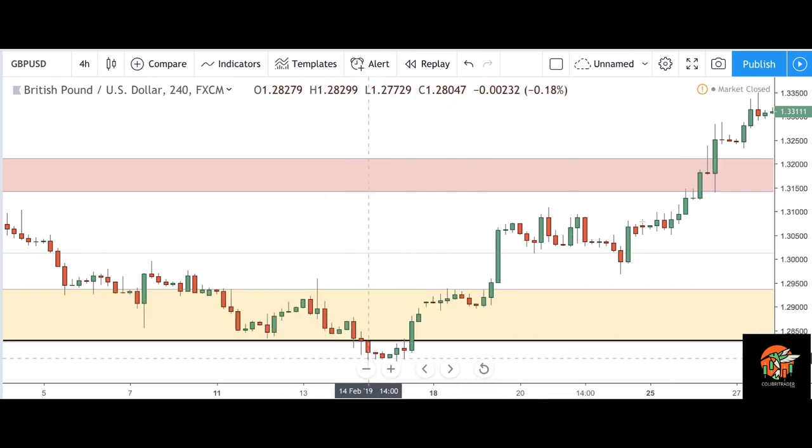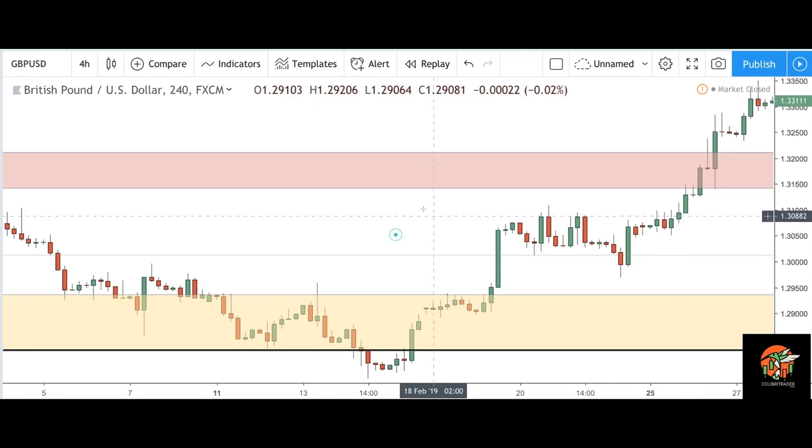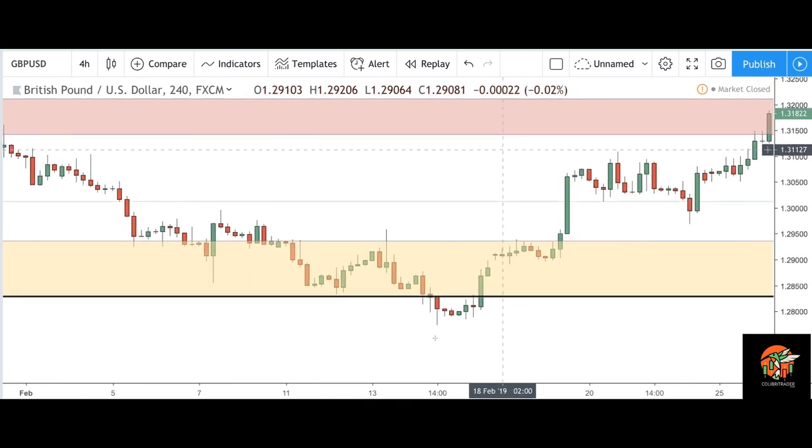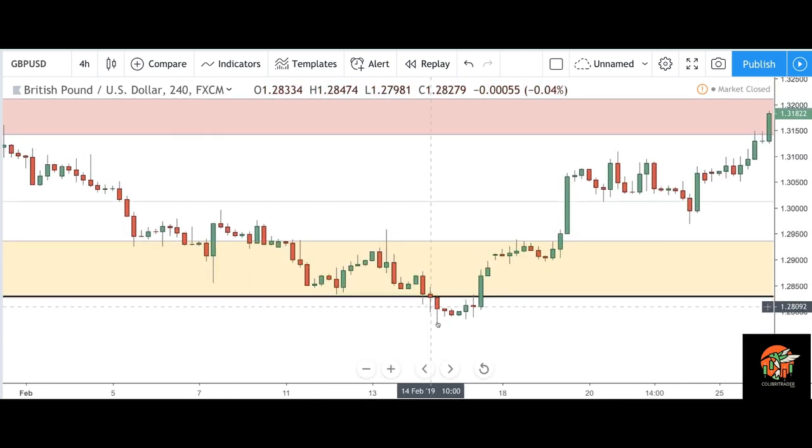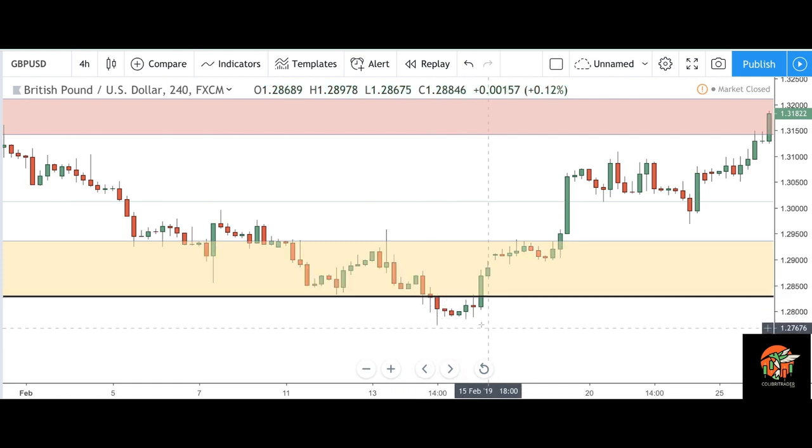Then you can see the way price behaves: first there were a couple of rejections which are already strong enough to tell you that the market participants are not willing to pay a lower price than what they're paying at this level. Then we had a couple more candles, then an inside bar here,